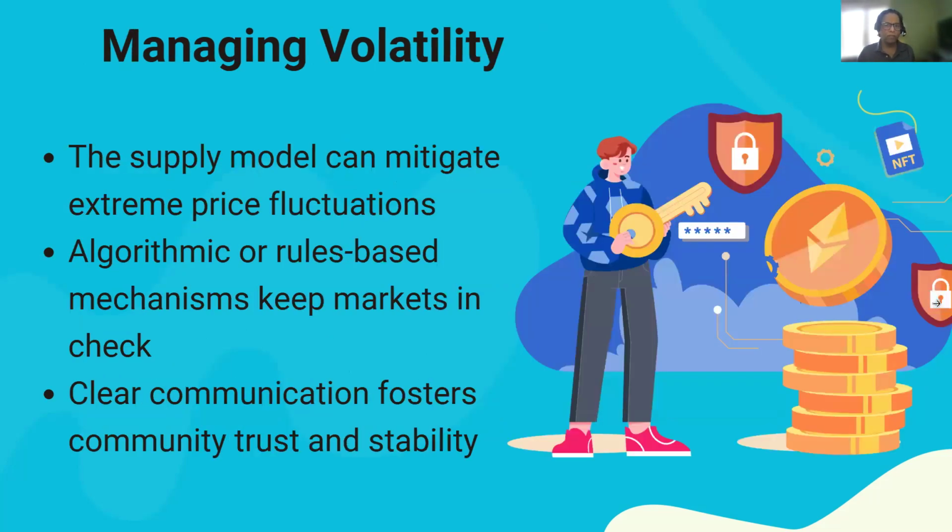So, managing volatility. This is a very important concept in tokenomics. You need to make sure how well your token system is going, whether the total number of tokens is increasing the value on a regular basis or decreasing the value. Based on that, you need to come up with a plan for how you are going to manage it. There could be an algorithmic or rule-based approach you can design. So based on that, if the value goes a certain amount, then the total number of tokens may increase or decrease